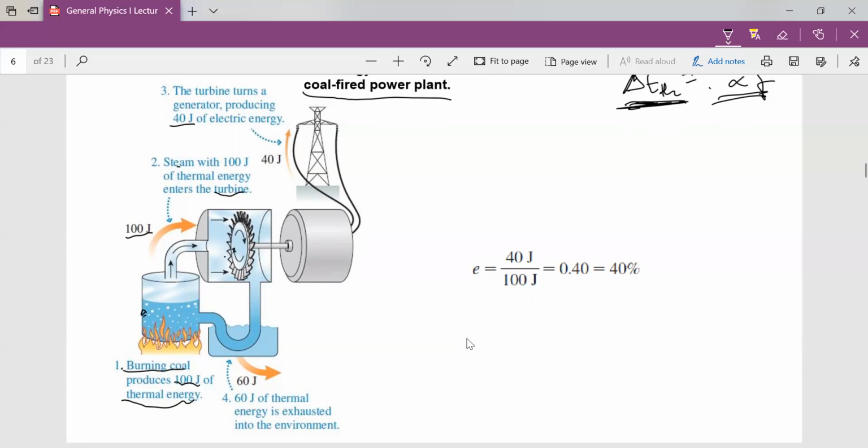From the output we got, we know that 60 joules has gone to thermal energy, or is exhausted into the environment. And that is why sometimes you use the word loss. We've lost 60 joules of energy. So to calculate the efficiency of that system, remember, efficiency is what you get, which is the 40, over what you put in, what you paid, which is the 100. So this system is operating at 40% efficiency, okay? So our result is 0.40, which is 40% multiplied by 100, okay? So it's operating at 40%